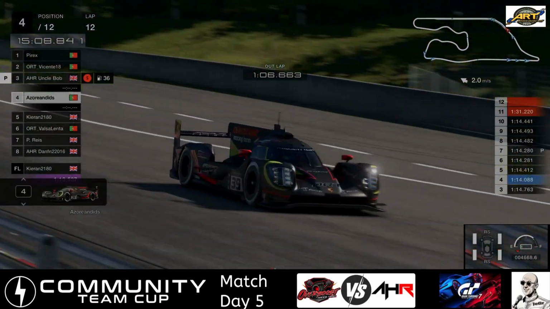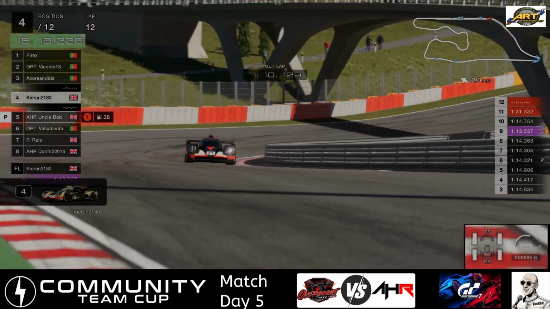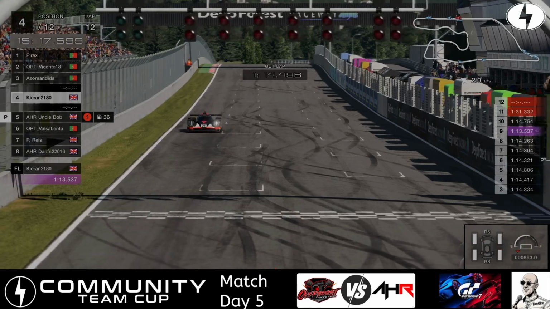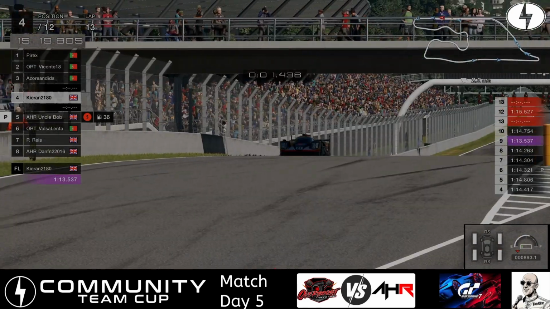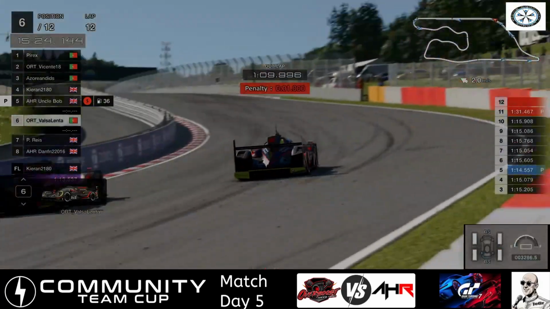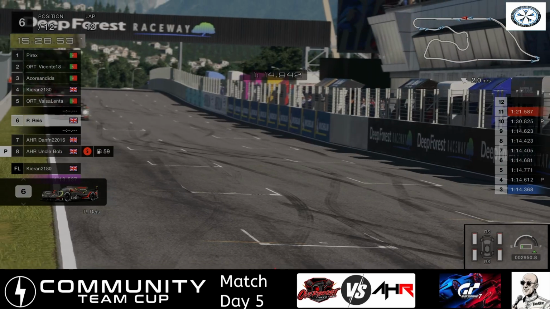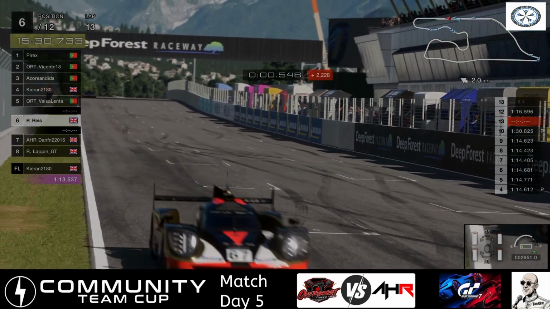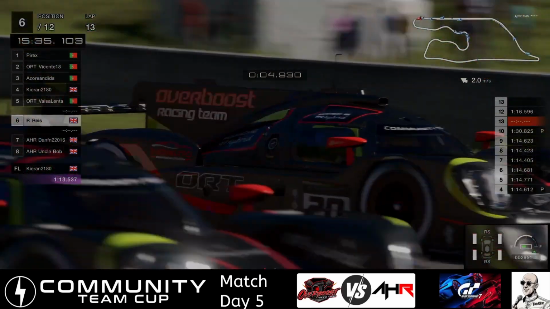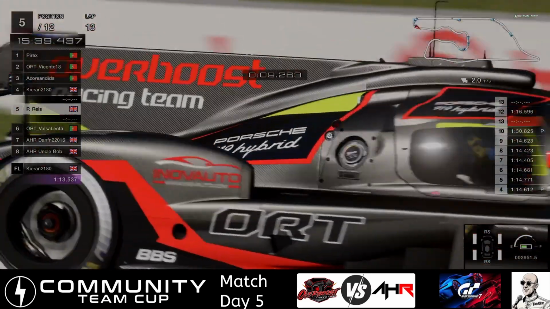Into the pit lane. Azarian moves up into P3, Kieran in 4th, not too far behind. Azarian next as a Bob in the pits, Valsalenta and Kings. Valsalenta with a 1 second penalty. Kings in P6 will move up into P5 by the looks. Valsalenta going a bit deep